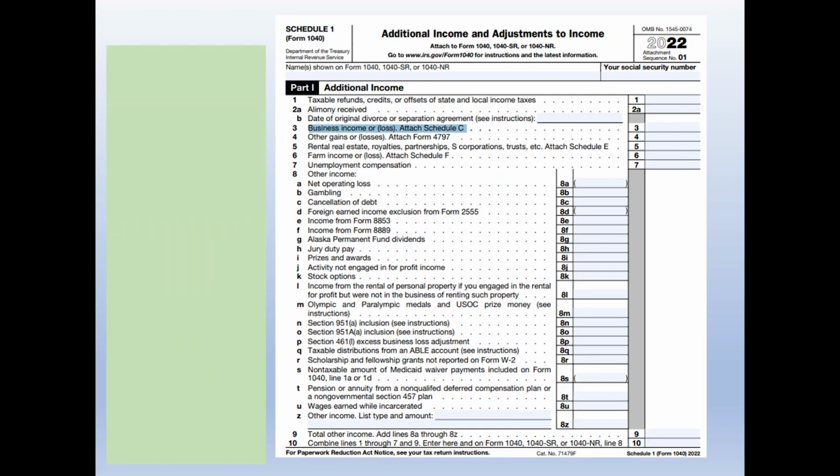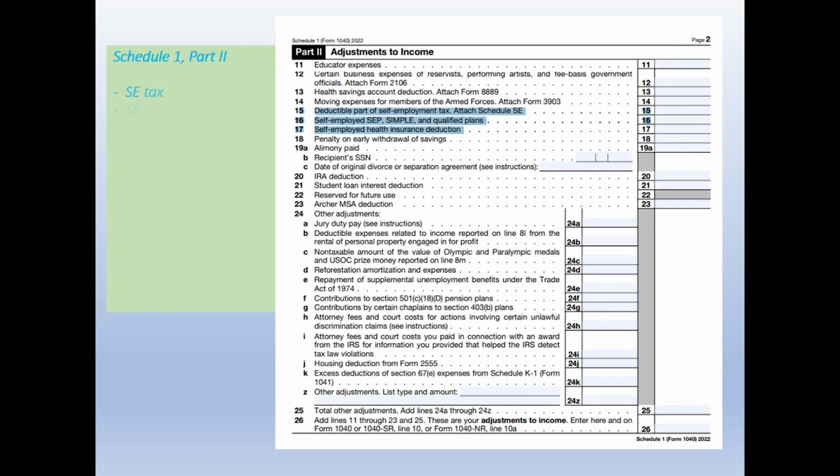So Schedule 1 has two parts. The first part is additional income. When you have Schedule C income, it will flow to part 1, line 3 as business income or loss. Right here, they ask you to attach Schedule C. And on part 2 of Schedule 1, there are a couple of items: lines 15, 16, and 17. Line 15 is the deductible part of self-employment tax. Remember, we talked about